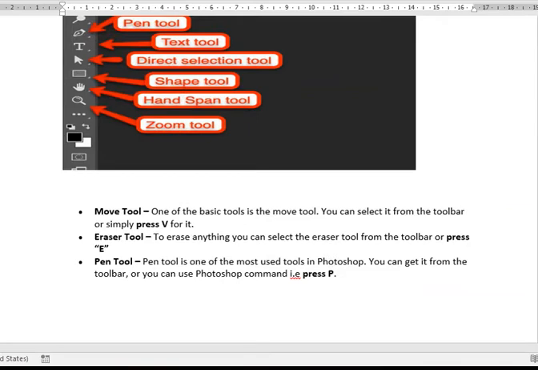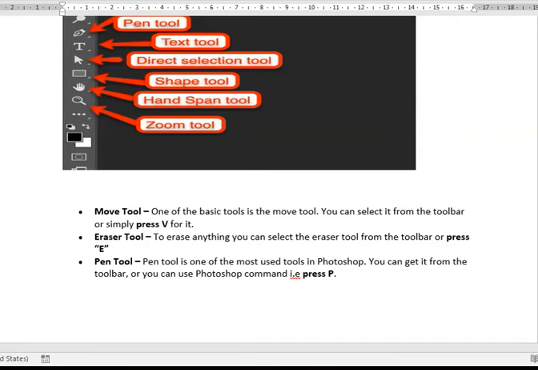I am going to explain about the first tool, that is the move tool. It is one of the most basic tools. You can select it from the toolbar or simply press V for it. This tool is used to move your images from one place to another place.